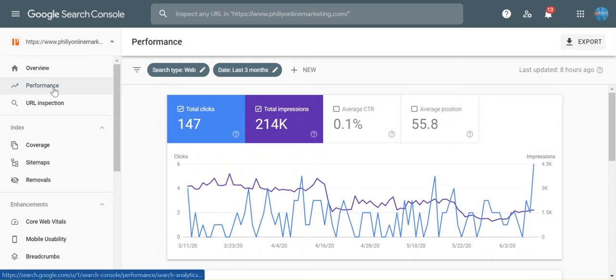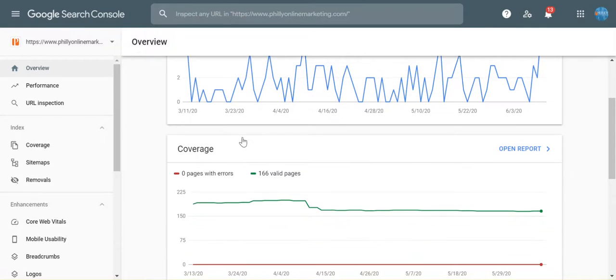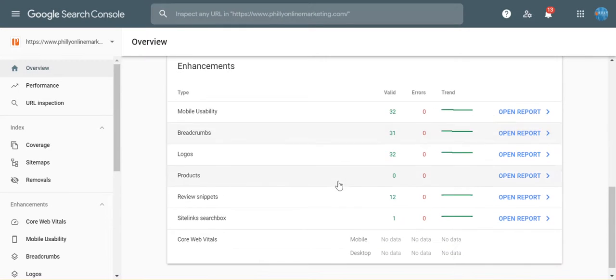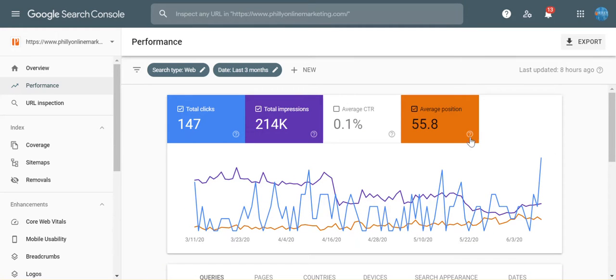So let's start off and look at performance. Probably the single most important thing you want to look at on your site. There's an overview. Typically it loads up here, which is going to show your performance, your coverage, and then it's going to go into the various enhancements you have on your site. But as far as performance is concerned, I like clicking this tab because it's going to show you your position